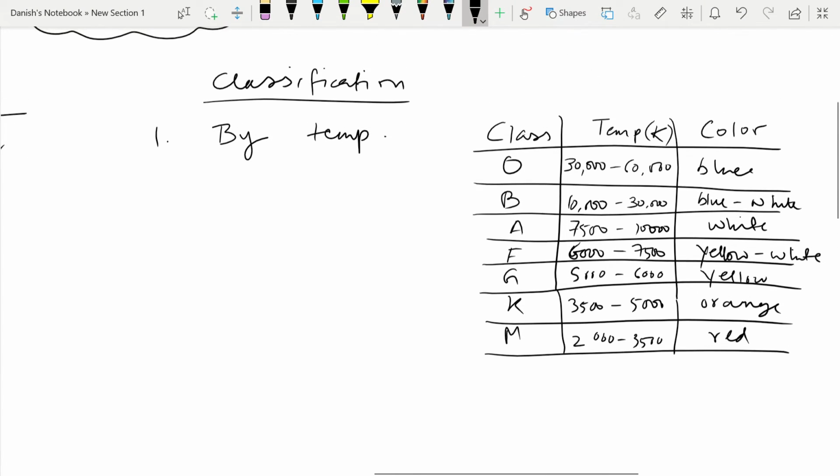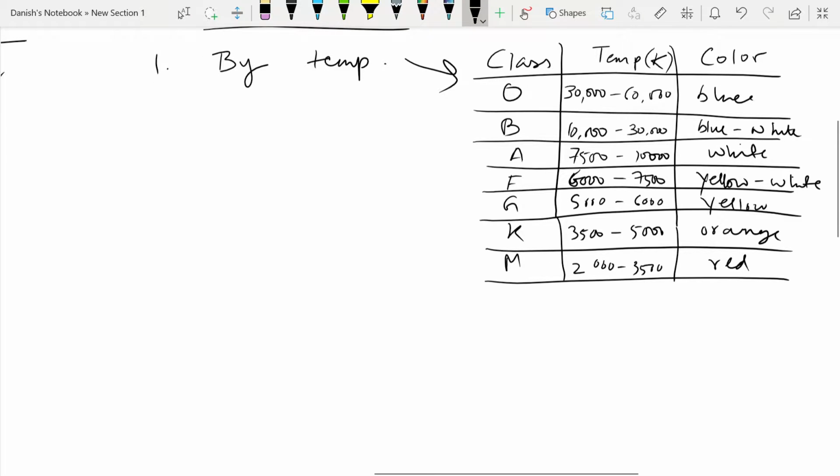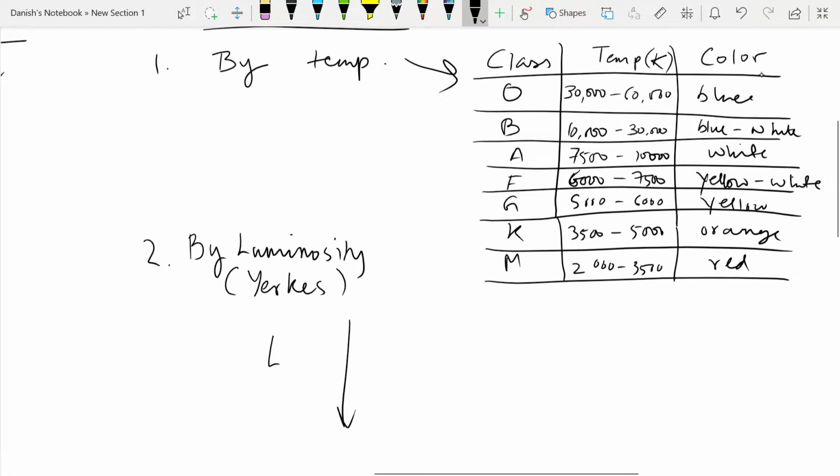So now there's a second way to classify stars, which is by luminosity, or how bright it is, which is also called Yerkes classification. I'm not sure how to pronounce it, but I just call it Yerkes classification, essentially. And as the luminosity decreases,